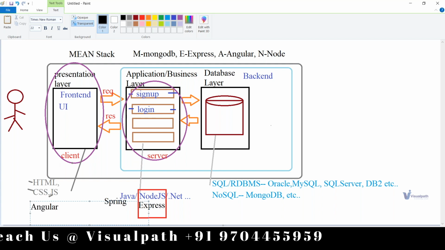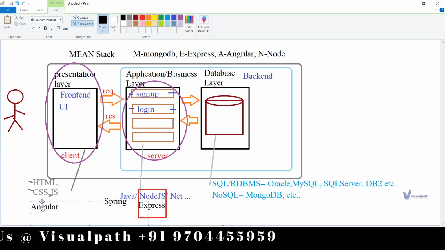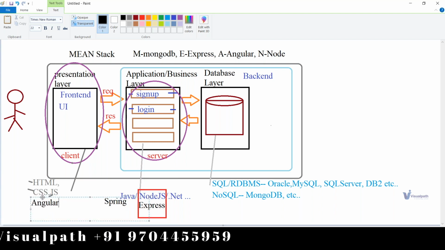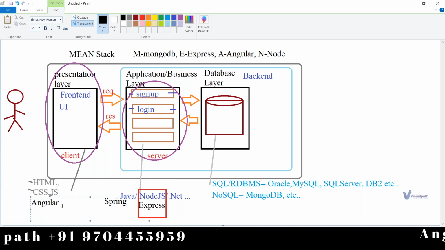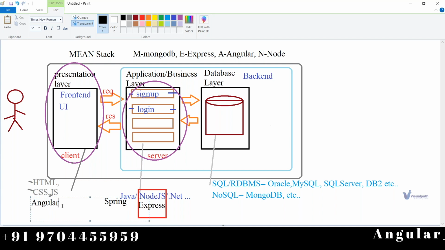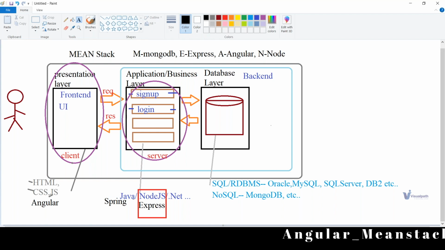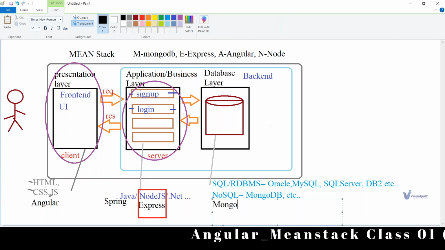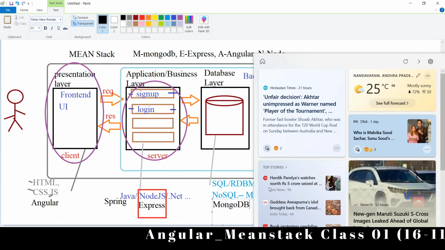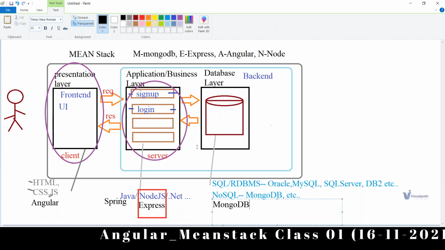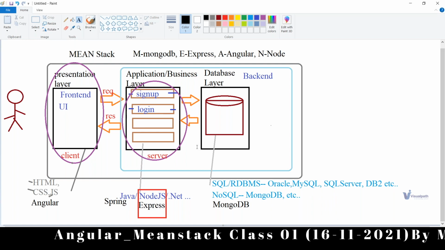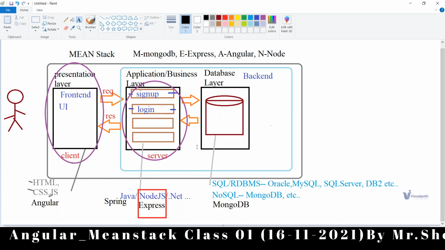With the help of Angular, we are going to learn front end. Understand? So with this, we came to know what technologies we are going to learn in our course.